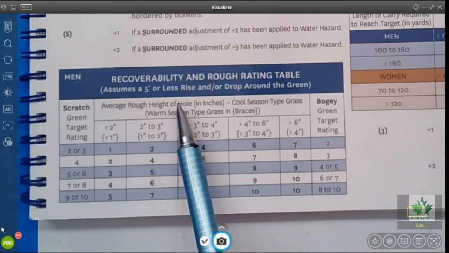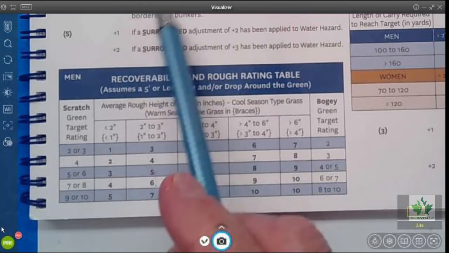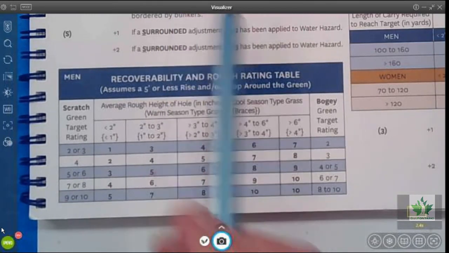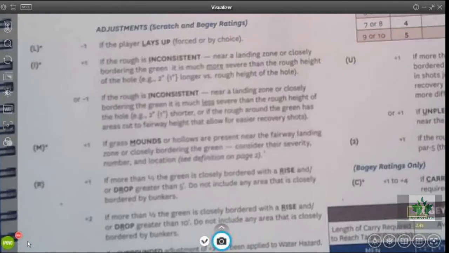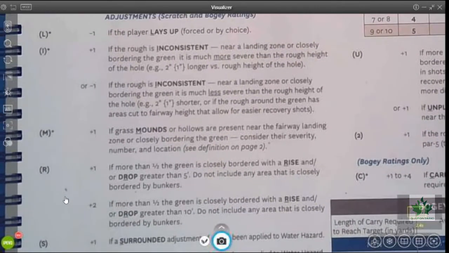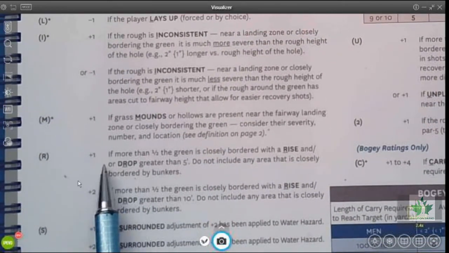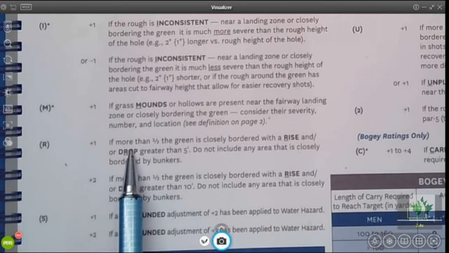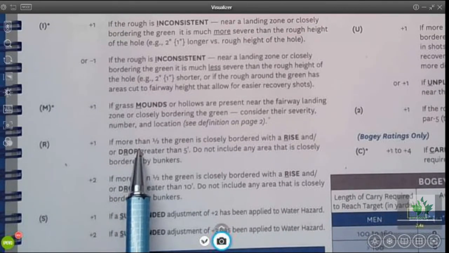But if it's more than that, and you have that from time to time, then you get into this rise and drop adjustment. And of course, it doesn't really matter whether it's a rise or a drop. They both are a positive adjustment, because they're both going to make it more difficult